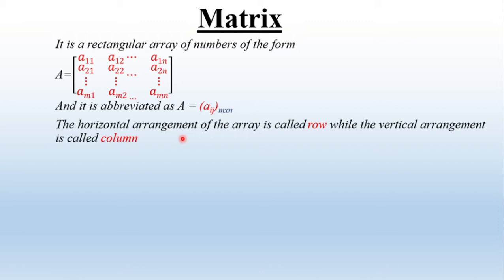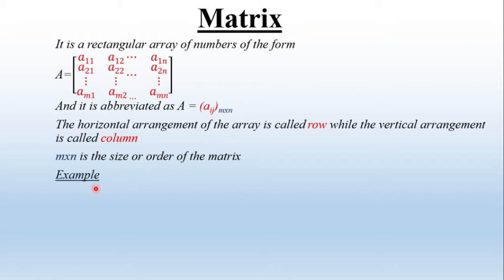So horizontal arrangement means here is horizontal arrangement. አግድም የምንለው አግዳሚው ነገር horizontal arrangement ማለት ነው። ምን እንለዋለን? row እንለዋለን። While the vertical arrangement here ቀጥ ያለው ደግሞ ምን እንለዋለን? column of the matrix እንለዋለን ማለት ነው። While M cross N is the size or order of the matrix, M by N የምንለው ደግሞ ምንድነው? መጠኑ ነው። ምን ያህል በምን ያህል ነው ይሄ ማትሪክስ? 3 by 3 ነው? 4 by 3 ነው? 2 by 3 ነው? ምን ያክል ነው የሚለውን የምንገልጽበት ነው ማለት ነው። M cross N ማለት ነው።